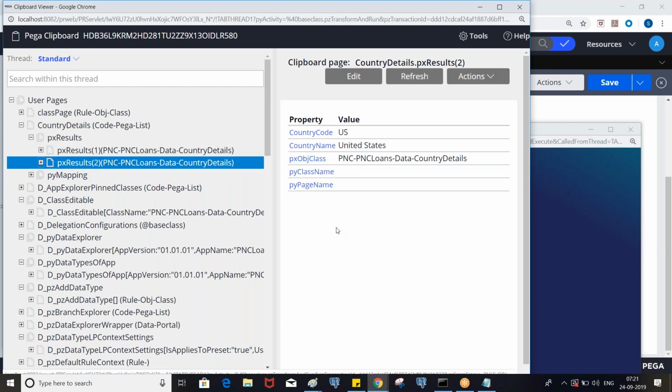Now the important thing is, if you look at this page, country details, this page is created by referring to the Code-Pega-List internal class. Why? We use OBJ browse to fetch multiple records, and in order to hold multiple records we need a property type called page list.